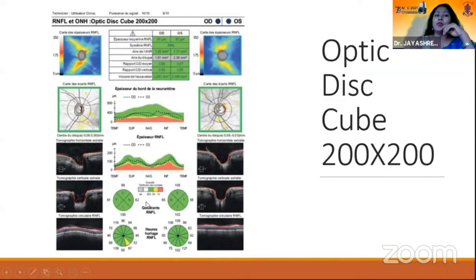So this is basically the OCT view that we can see. I'll not go into the interpretation of this as it will be discussed in the next talk, but just a gross overview. We have the demographic data of the patient, which is basically a normative database which all the machines use. Then we have the signal strength. We have the entire optic nerve head analysis. We have the RNFL thickness map, the deviation map, the neuroretinal rim thickness, the temporal, superior, nasal, inferior, temporal quadrant analysis, the quadrantic as well as the clockwise distribution, and the OCT image. So this entire thing can be visualized from this report.